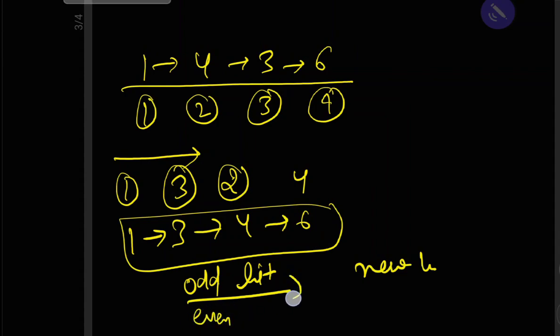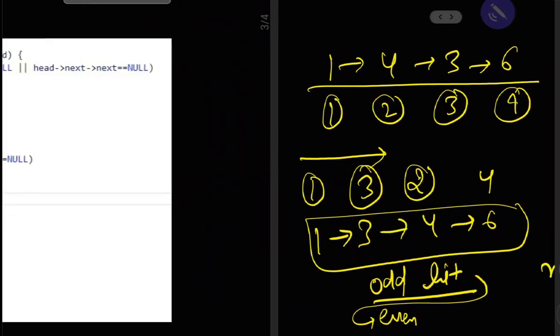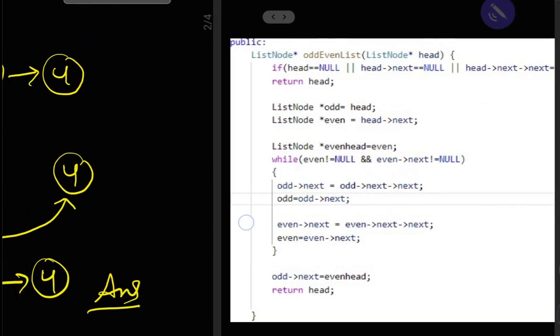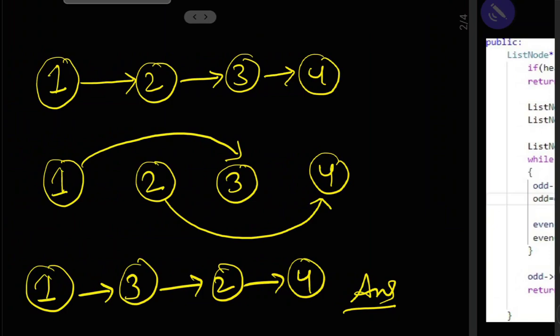After creating both linked lists, we connect the odd list's last node with the even list's first. But we can also do this by changing the pointers in the given linked list, without using any extra space, by shifting the pointers.